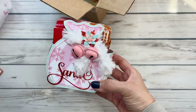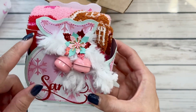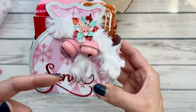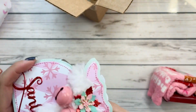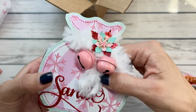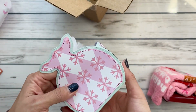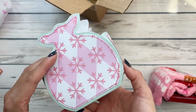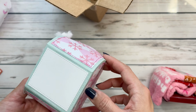Oh, I love the use of the little fuzzy. I use fuzzy trim too, but yours is way fuzzier. I love it. And your little poinsettia and the two little jingle bells. So cute. I love this. I love this font too, and this paper is adorable. So that's that. You're so good about stitching. I just gave up on stitching. It just requires so much extra time, especially when you're